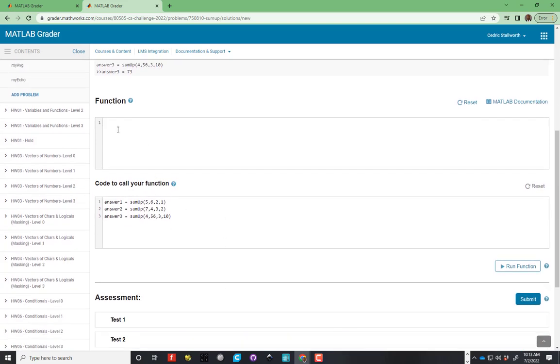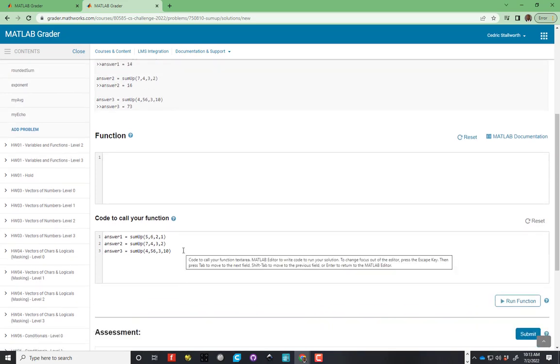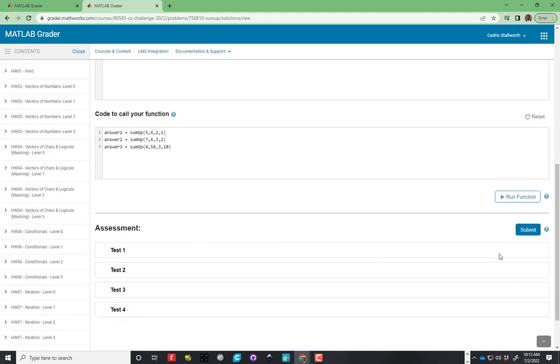And so I'm going to program the function. I'm going to copy and paste the function in here, and then I'll hit run function, and it'll show me how my function does against the tests that are here, which are the same as the tests that are up here. And so I know the answers that I'm supposed to get. Then, once you feel comfortable with that, you're going to hit submit. And that's going to submit your code, and it's going to run it against my four